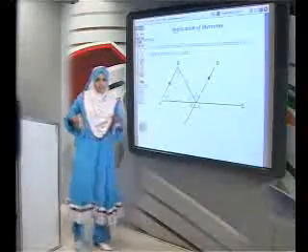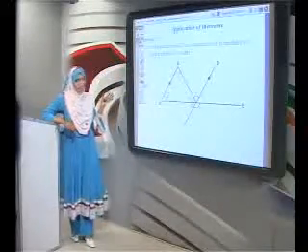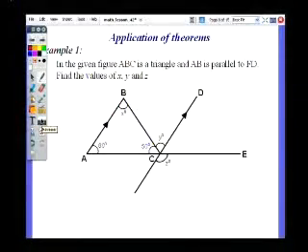Right. As I said, we have applications of theorems today, but not necessarily this theorem that we have just done. The applications are based on the theorems that we have previously done. Four lessons are done, and in them we did different theorems, and their applications are here. Example 1, it says,